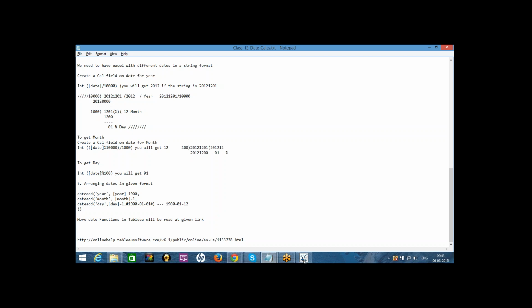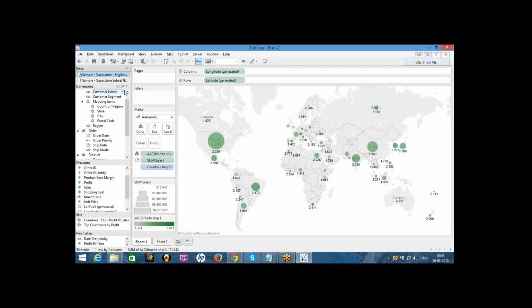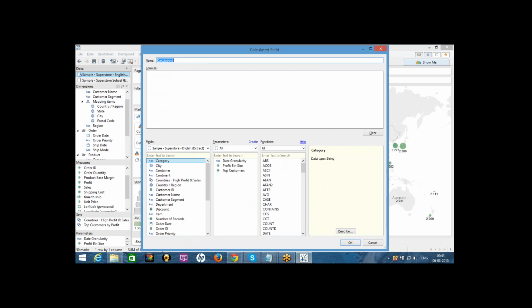In Tableau, to create a calculated field, see if the functions have string functions. If you take a string function, it won't get the date granularity, because the task here is building a granularity from that column.